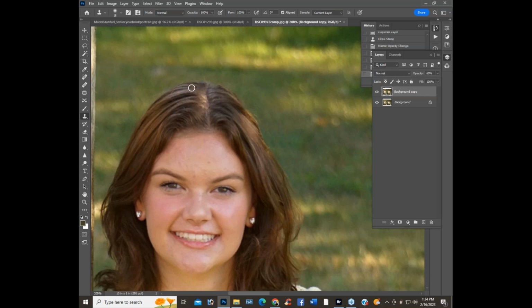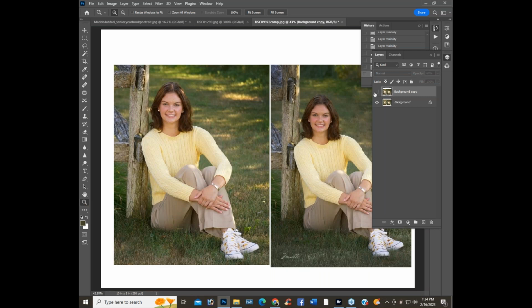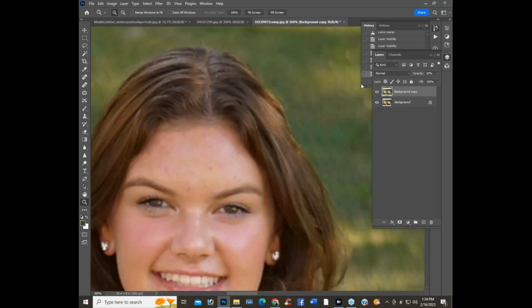And the same thing here. I will go in and maybe do a little bit of that. Doesn't take much. And again, we're enlarged quite a bit here, but in a regular size print, you don't mind leaving some sparkle in the hair. Right. However, I will go back and show you the